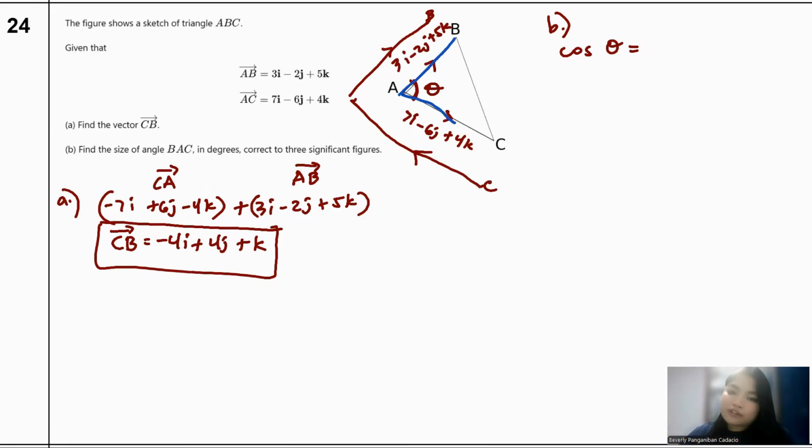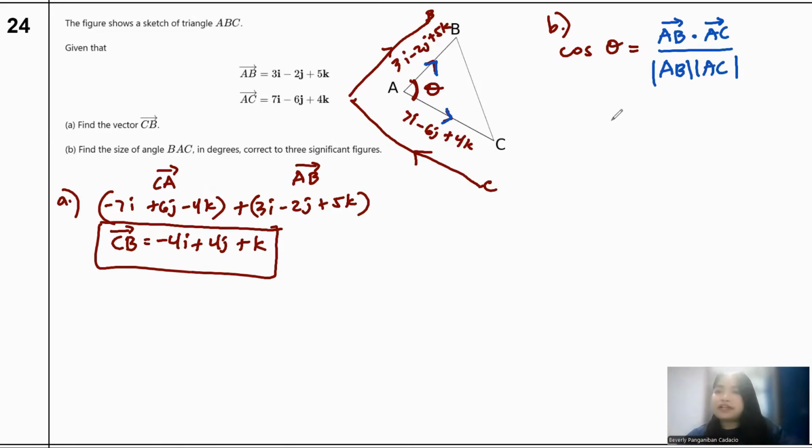First thing first, I want you to double check if both of the vectors labeled are outward or inward. They are both outward, so I will not change anything. I will use this in getting the angle. If you have two legs, they're together. So, I need to get the dot product of AB and AC. That's the formula. It's there. You can see that the numerator will be the dot product of the two legs, which has an angle in between. And then after that, there will be the product of the magnitudes of those two legs, which in this case are AB and AC.